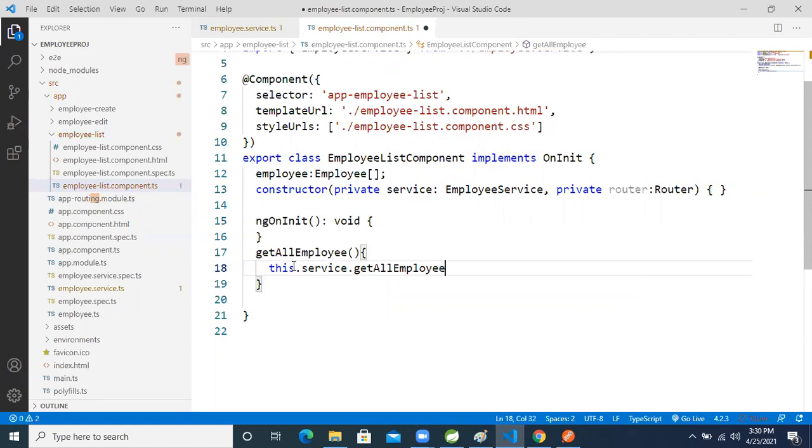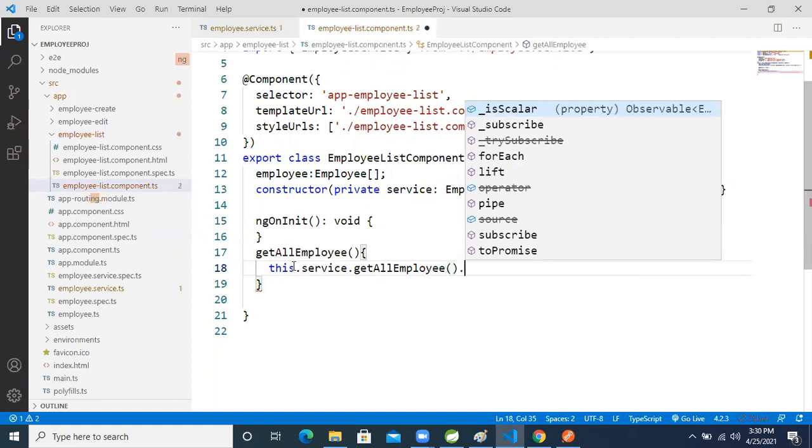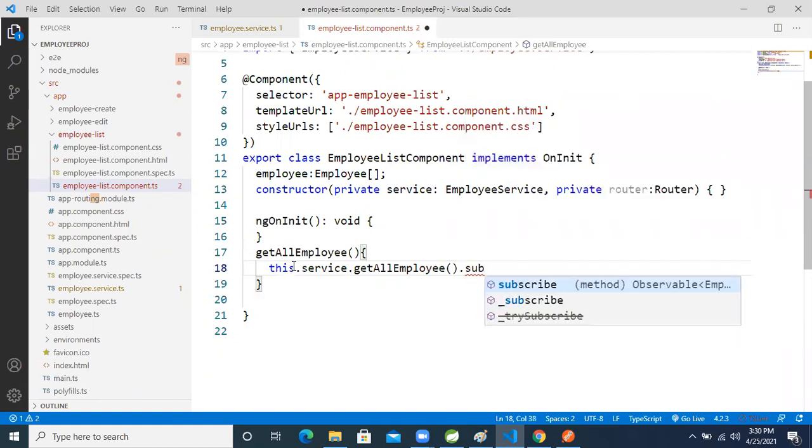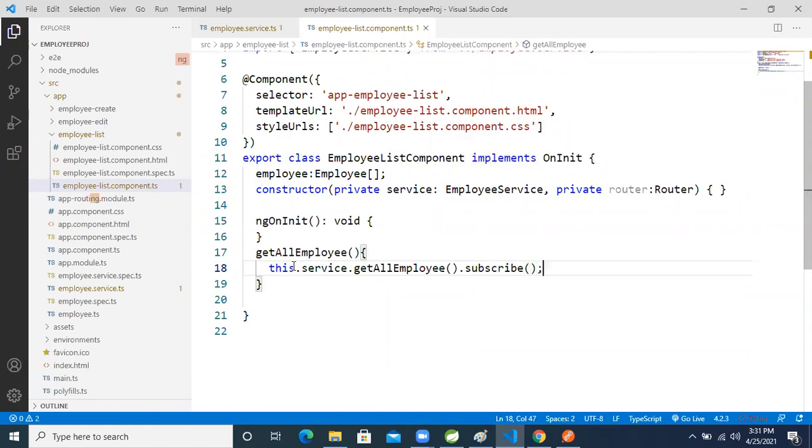After getAllEmployee, dot subscribe. We need to read the data from the observable memory, so for that, subscribe. Inside that we will read the data. We know lambda expressions in Java; same like in Angular also, I'm going to use a lambda expression.